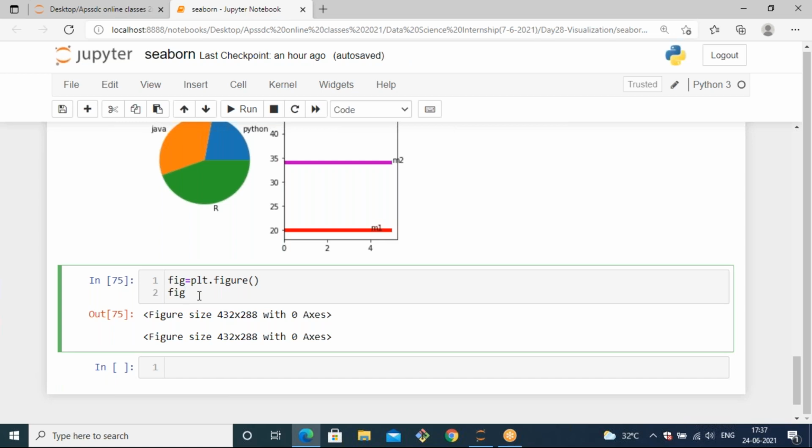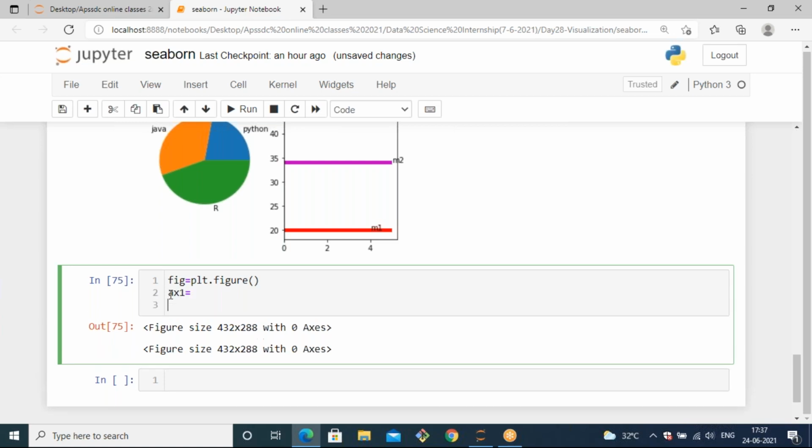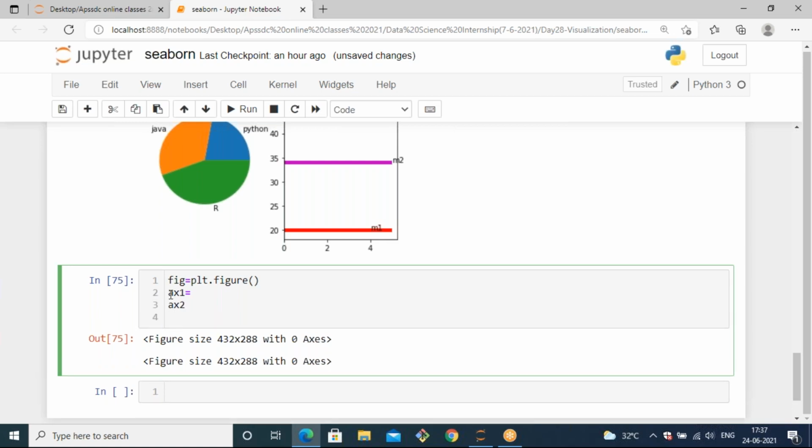By default it has some kind of size. So with respect to that size, if you want to create subplots, you can create them. And in that figure, I want to generate 3 subplots. So for that, I'm using 3 variables, that is ax1 and ax2 and ax3. These are the 3 variables that I've taken. With respect to these 3 variables, I'm going to create subplots in this figure. So for this ax1, I'm generating with a new method, figure dot add underscore subplot is one method that we have. So figure dot add underscore subplot.